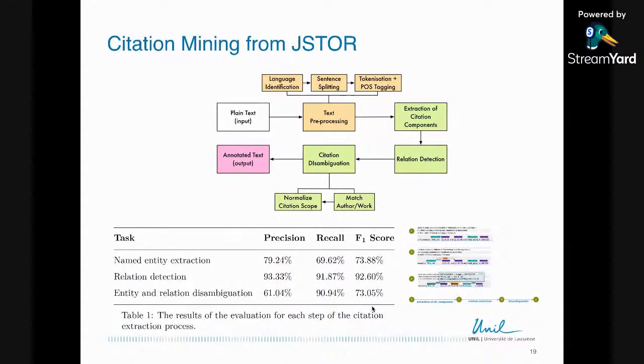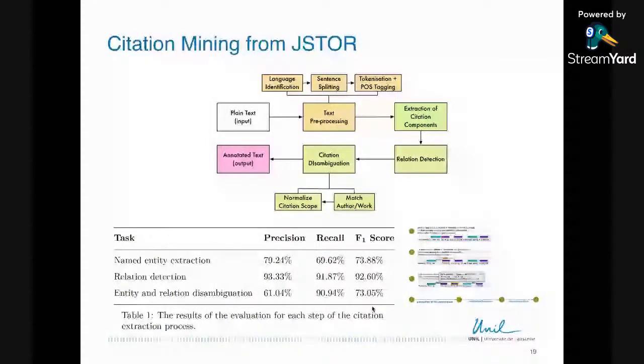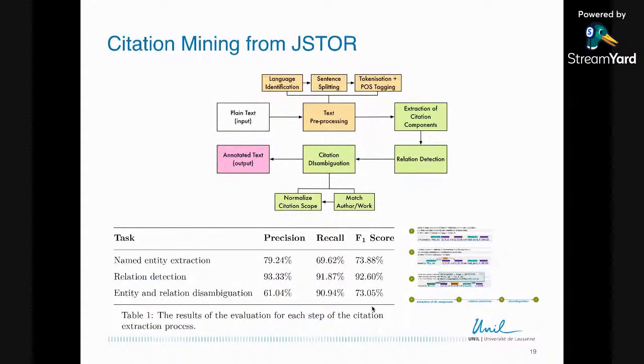Some tasks, like relation detection, are relatively easier, with a very high accuracy rate measured by the F-score, but the name entity extraction and the disambiguation are still below even 80%, showing that we're not talking about perfect extraction of these references.